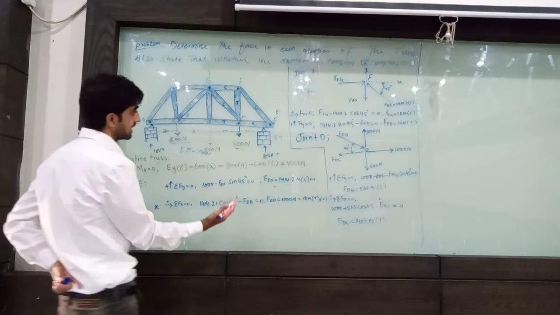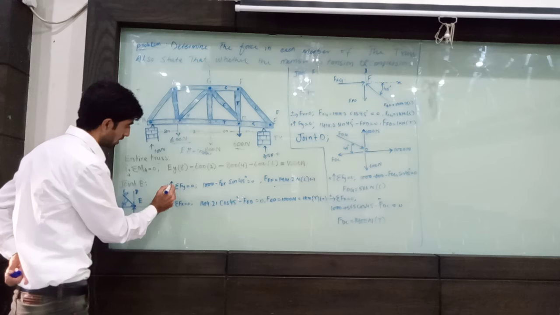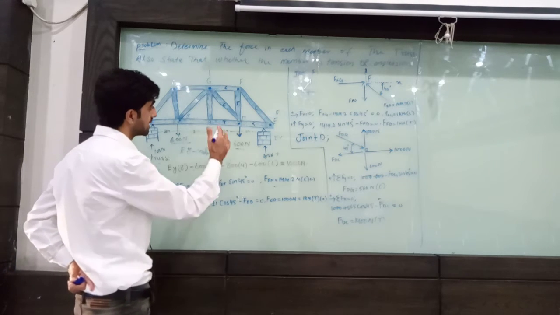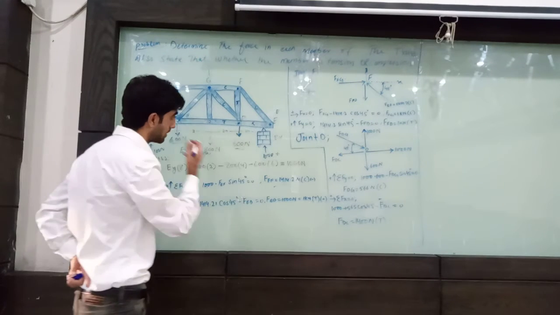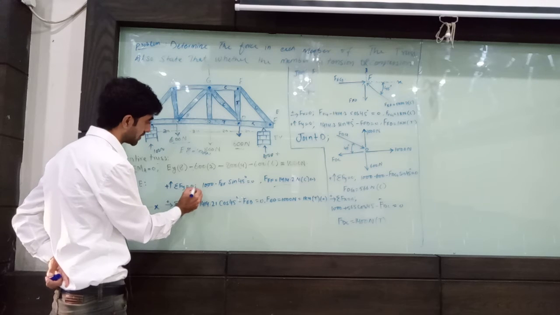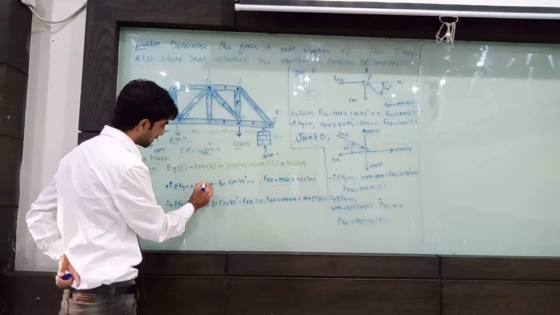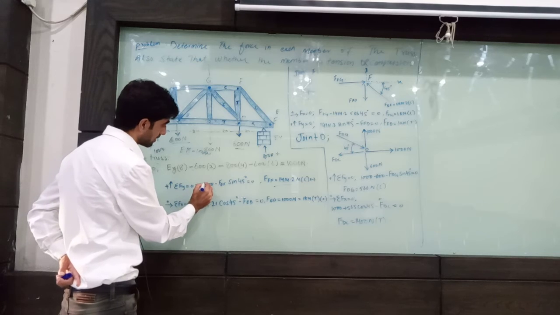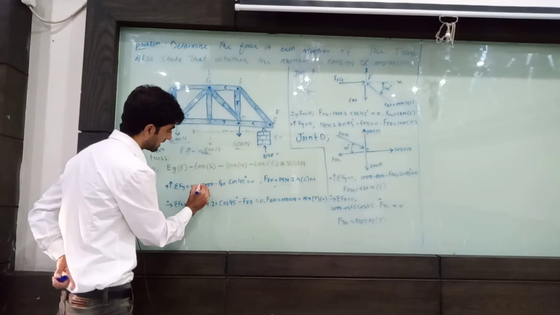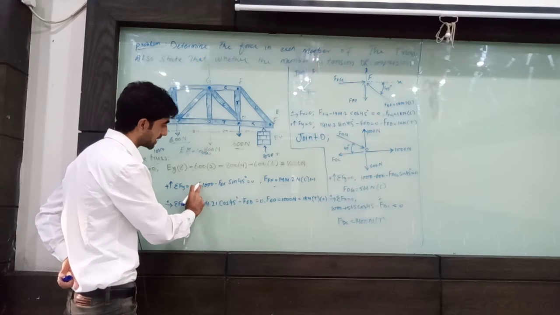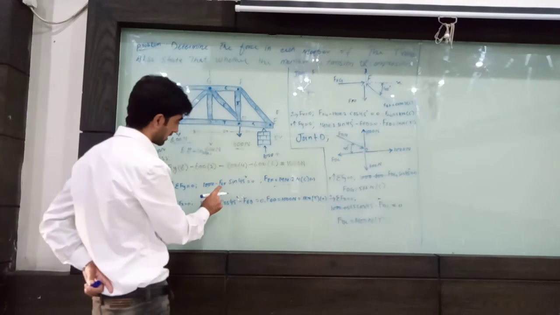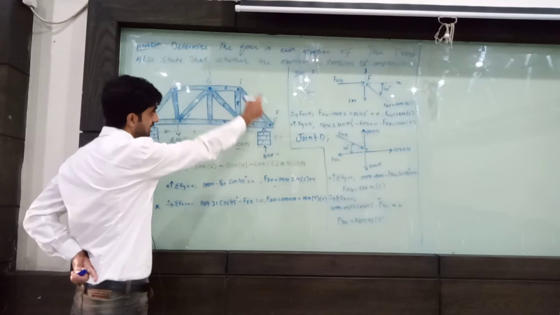Because E joint reaction is positive, summation of y is equal to 0. Because in the y direction there is no incoming member, summation of y is equal to 0. But that load reaction can be positive. So there, 1000 is positive minus FEF. FEF can be downward. Okay. F reaction can be downward.